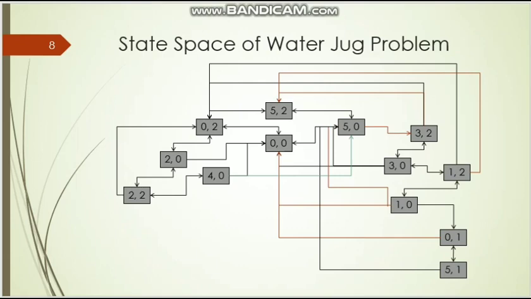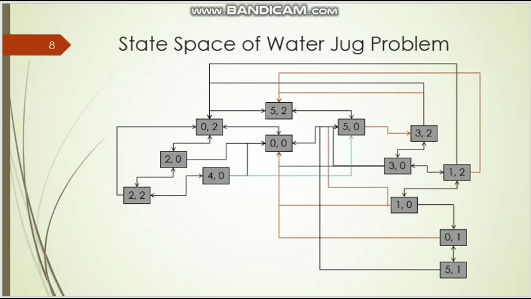And if we have 2 gallons of water in the 5 gallon jar, and if we take water from this jar to this jar, then we can go to this particular node. Now see, if we fill the Y gallon jar from this particular node, then we will come here, and from here 2 paths can be possible.